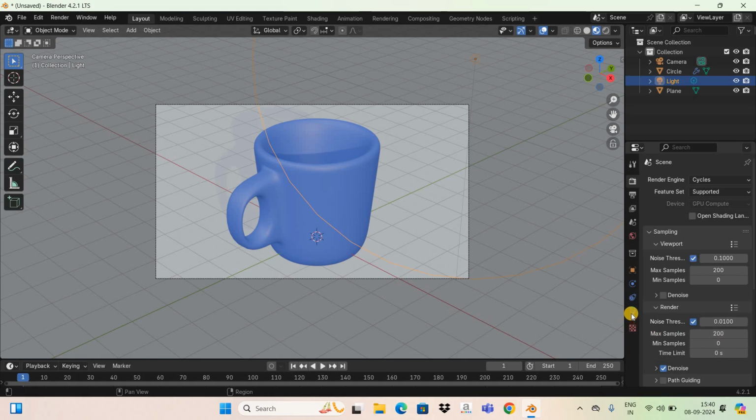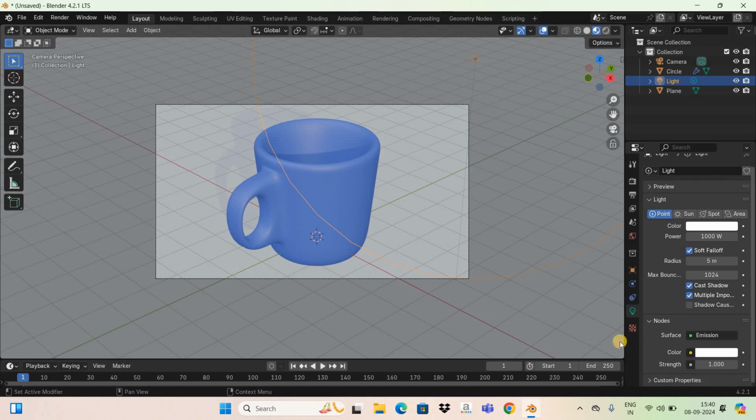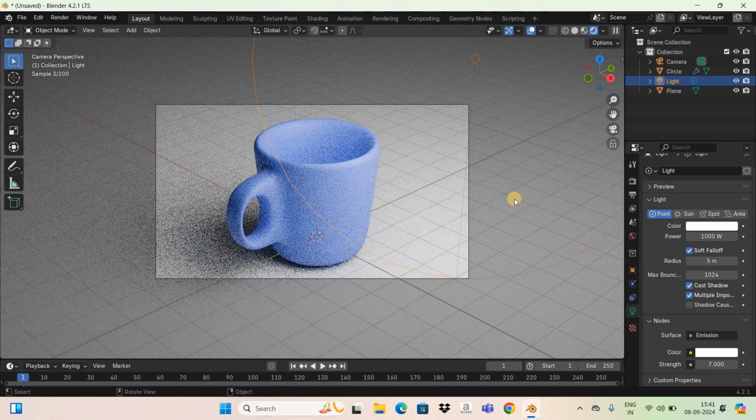Next, what you need to do is you need to click on this option, that is object data properties, and now you need to click on this button, that is use nodes. And now if you look inside the nodes section, inside surface, emission is selected, so that's fine. Inside color, the color is white, so that's fine as well. Inside strength, currently the value is 1. So you need to change the value inside the strength option from 1 to 7. And now press enter. And so now if I change the mode to render preview, so as you can see,